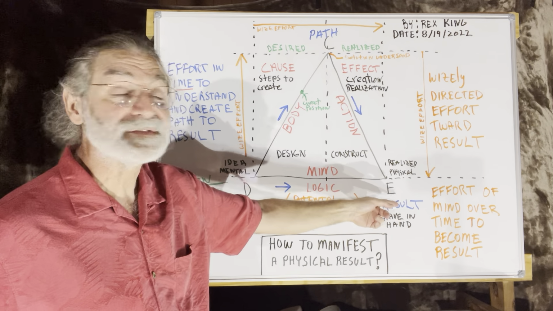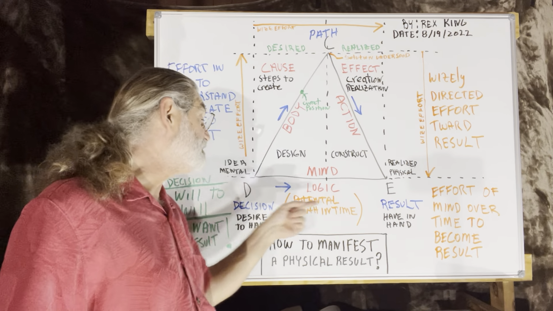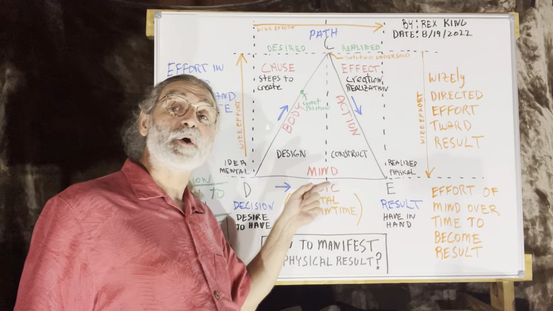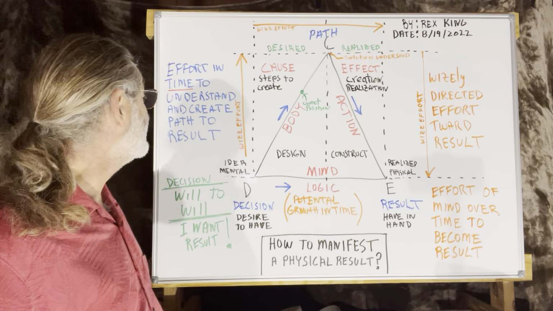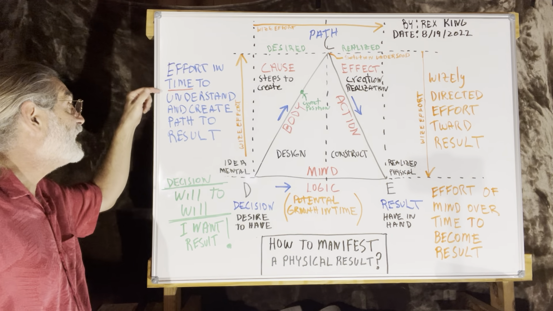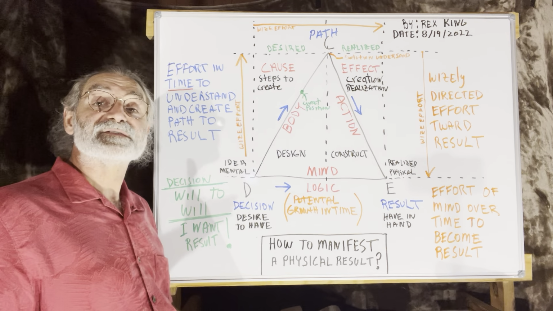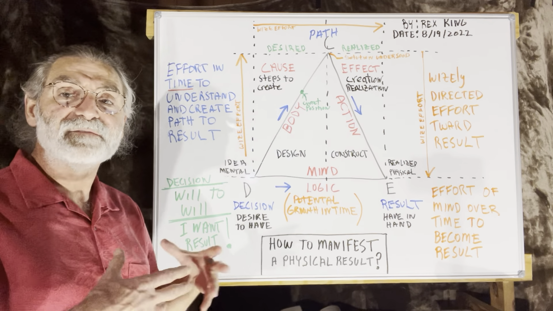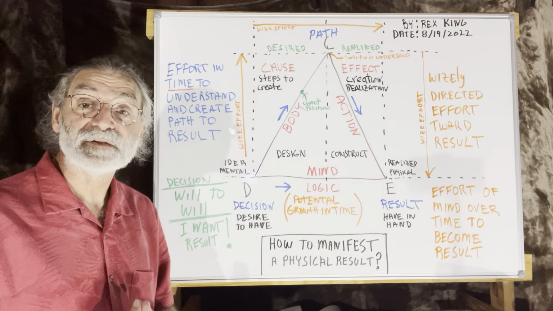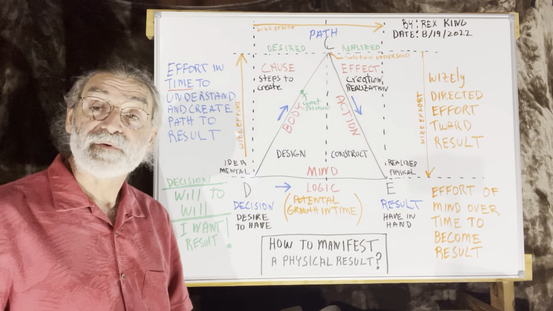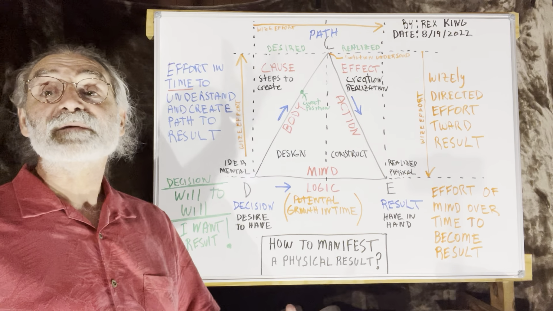I want a college education as an engineer. What do I have to do? And then you start making plans for that. You see it, you desire it, you plan your life according to having it, and then you take the best steps possible to accomplish it. Effort in time to understand and create path to result. You start reading engineering books. You take curriculum in school, what's available to you now. Whatever it takes to try and go to work for an engineering firm as some sort of a clerk or something, so that you can become learning engineers as friends and so forth. Put yourself in a position, if you don't have the money, to possibly obtain the money by some means.